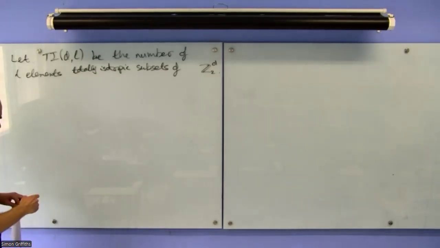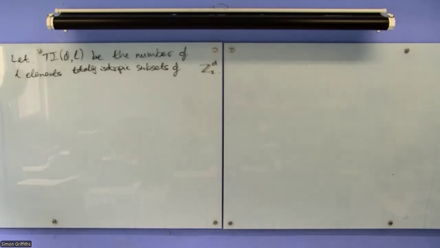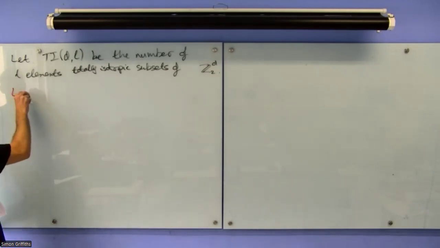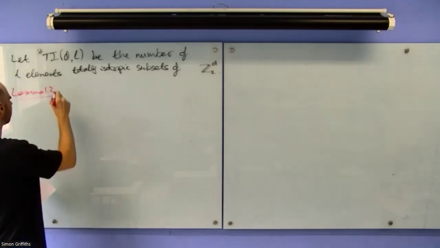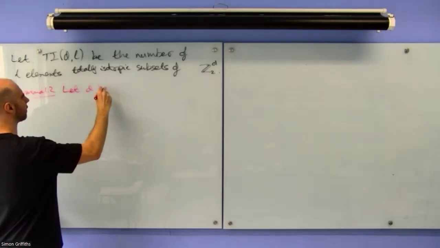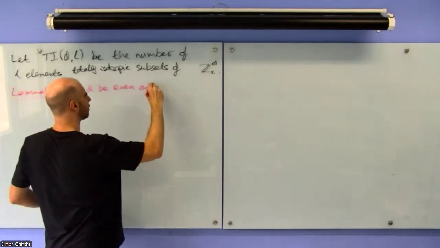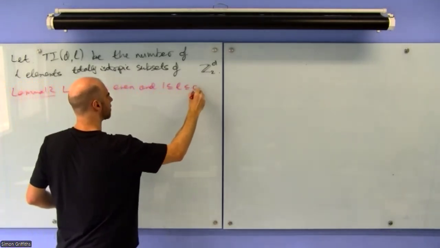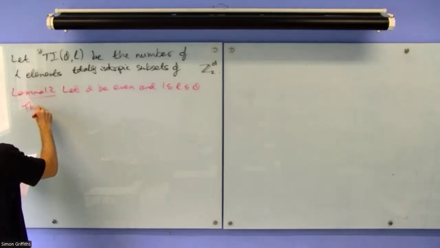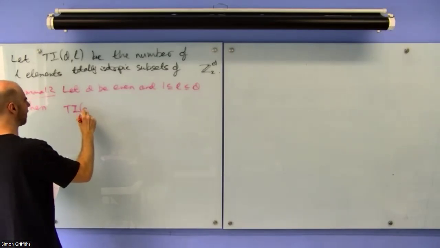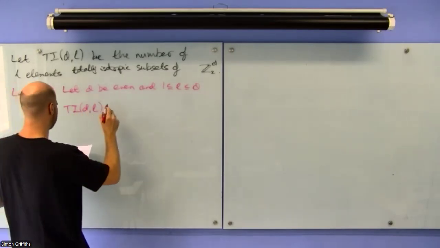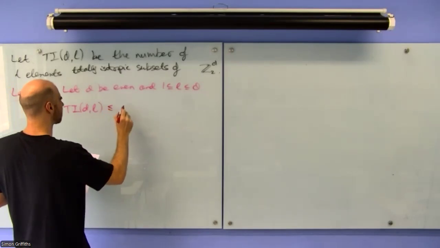And the lemma will say, look at these lovely bounds we can have on this. So, lemma 1.2: let D be even and 1 ≤ L ≤ D. Then the number C(D, L), the number of L-element subsets that are totally isotropic, is at most